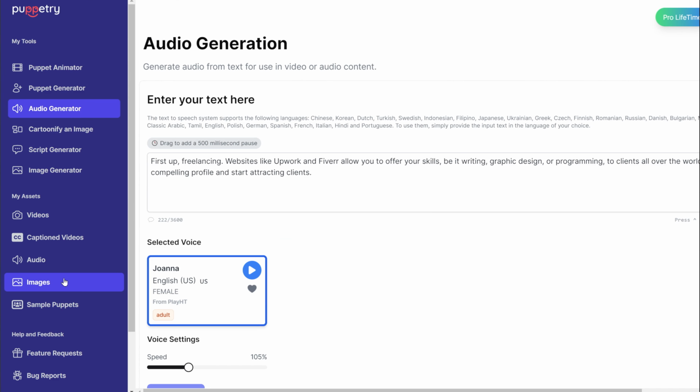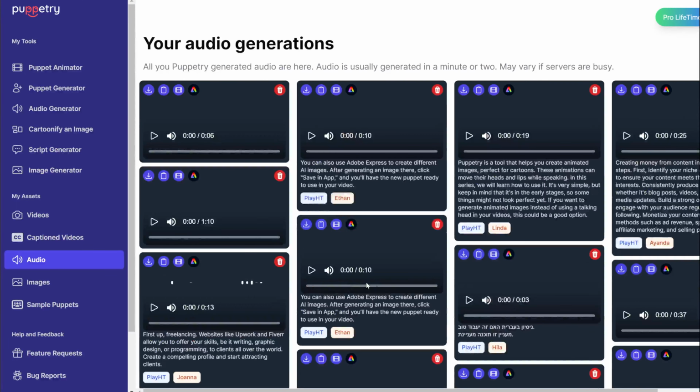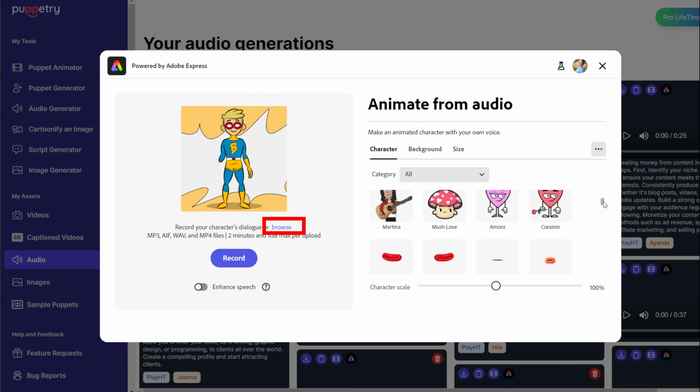The last play is with the AI voiceover. For any audio you generate, there is a button for Adobe Express. When you click on it, you are directed to the Adobe Express Animator, where you can add animation ready-made by Adobe Express. First, download the audio file, then upload it to Adobe Express to use it with their